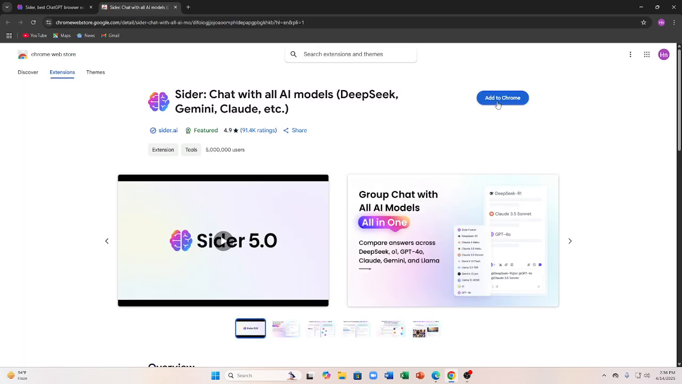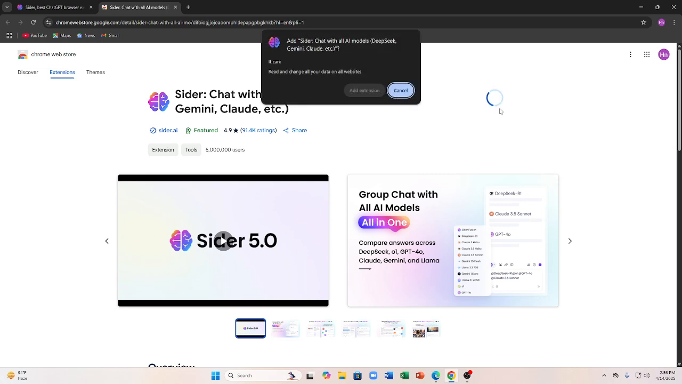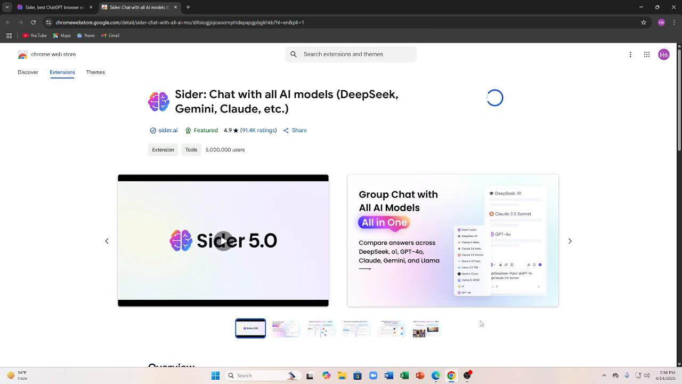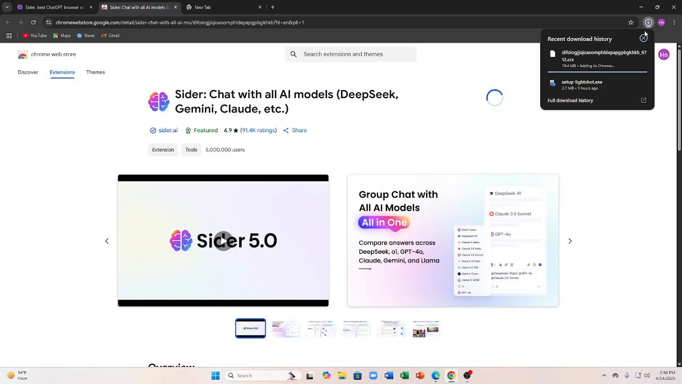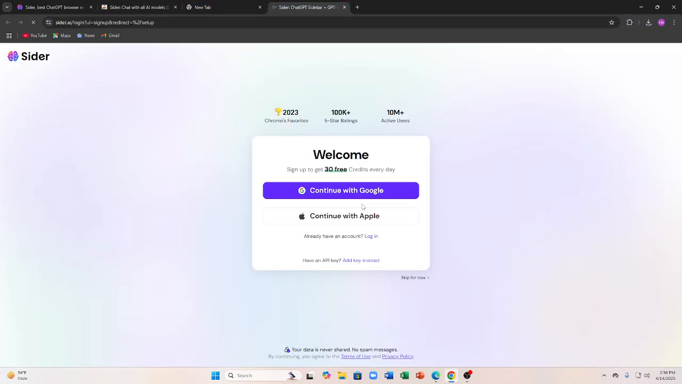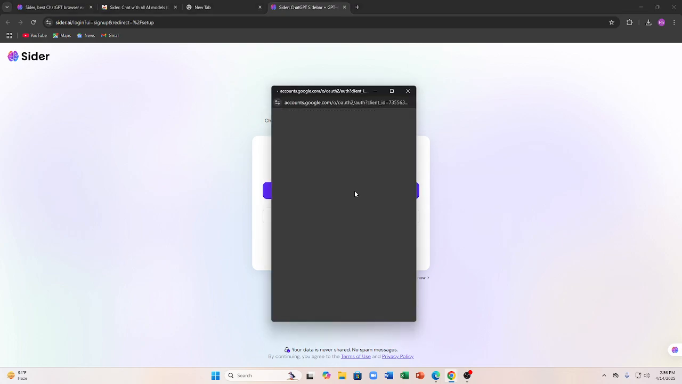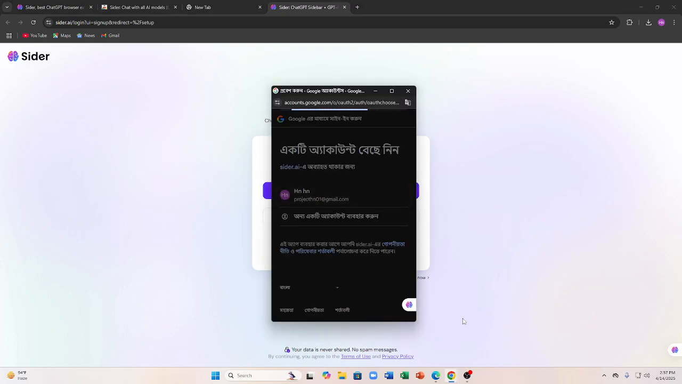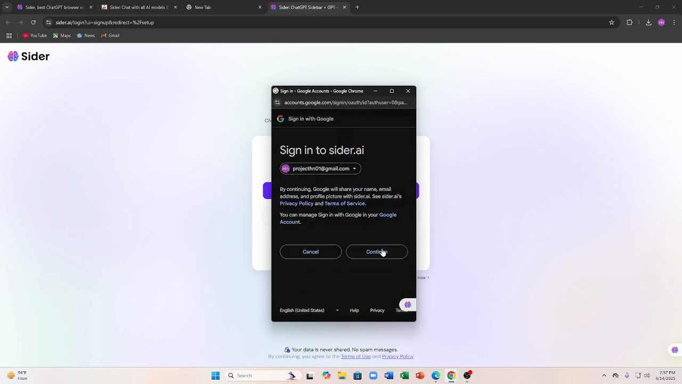Now you have to tap onto this option called add to Chrome again, and then tap on add extension. Let it be downloaded fully, and then tap onto it. Now you have to continue with your Google or Apple Pay. So for now I'll go with my Google account, then tap on continue,